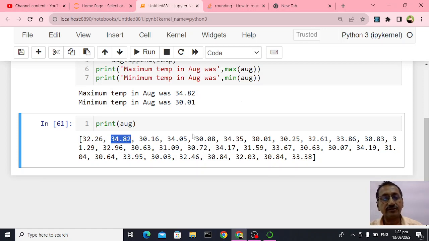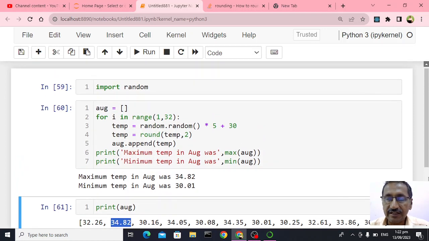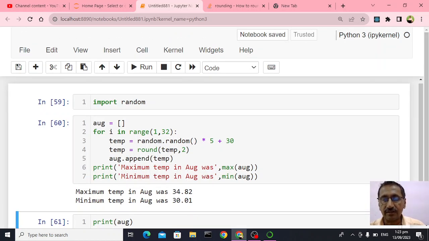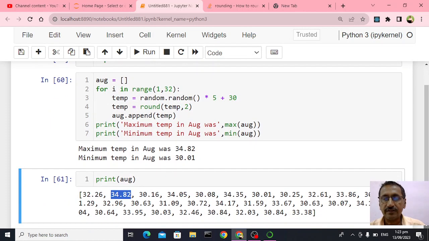So minimum 30.0. Okay. So you see, this will help you generate some random data through which you can find out the minimum value and maximum value in a given month. Suppose you want to see on which day the particular maximum or minimum was found. In that case, we need to go through that. Because directly we are invoking the built-in function,